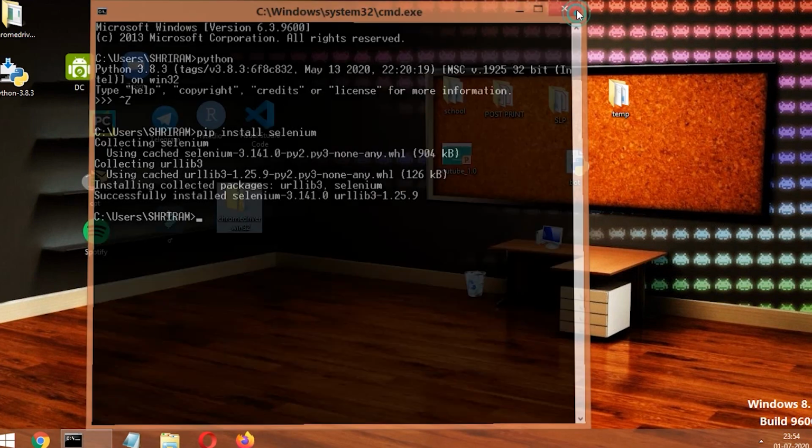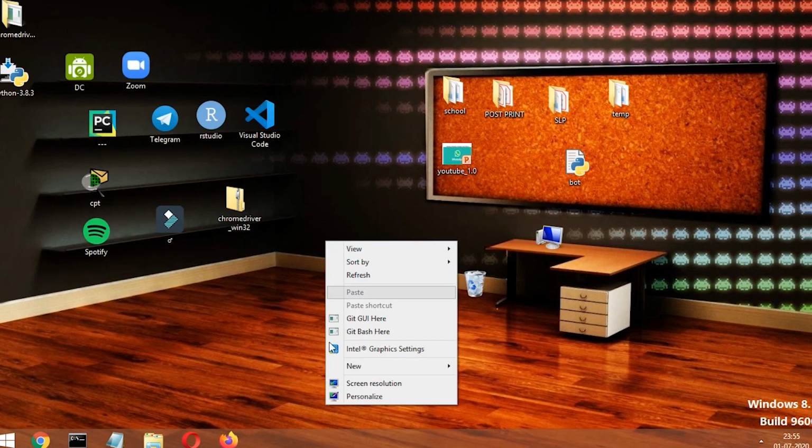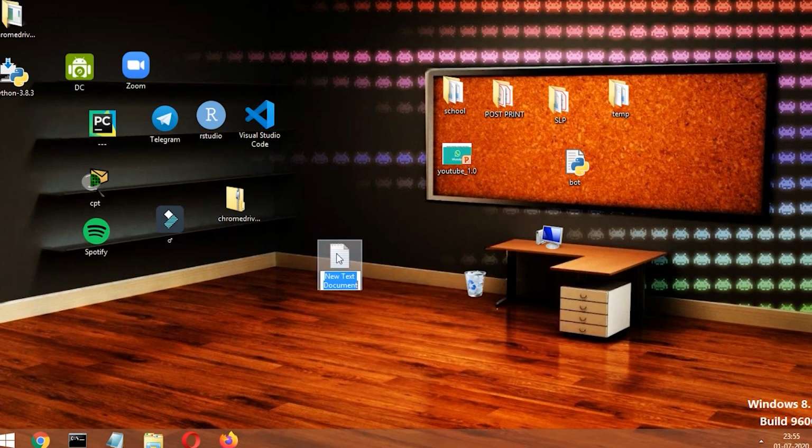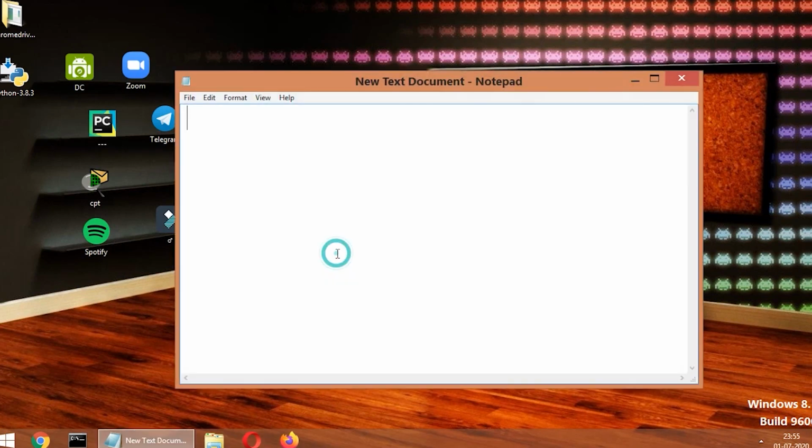I'll open a notepad to start my coding. You can use an IDE if you prefer, but notepad will work fine. So I'm going to use the package which I had downloaded. So from selenium. The Selenium package has several modules and classes. I just need one single element called webdriver, so I'm just going to import that. This webdriver is going to open a browser window for us.